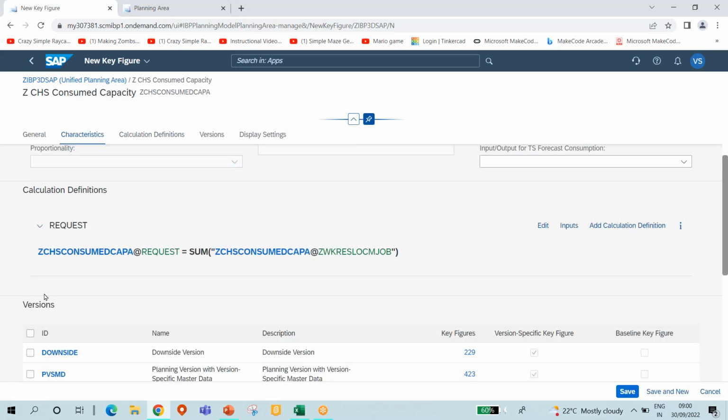So now here, by default, as we have learned, the request level will already be there. I can just add the calculation definition here. So what I want to do is